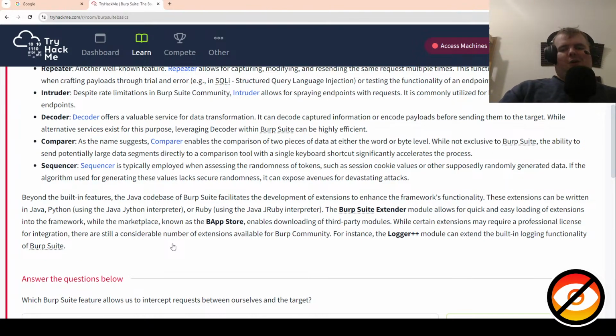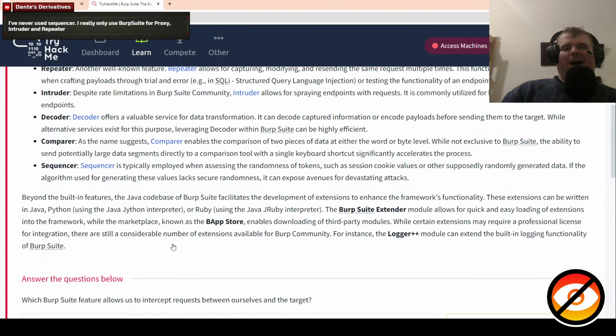The Java codebase of Burp Suite facilitates the development of extensions to enhance the framework's functionality. These extensions can be written in Java, Python, using the Java Jython interpreter, or Ruby, using the Java JRuby interpreter. The Burp Suite extender module allows for quick and easy loading of extensions into the framework, while the marketplace, known as the BAP store,